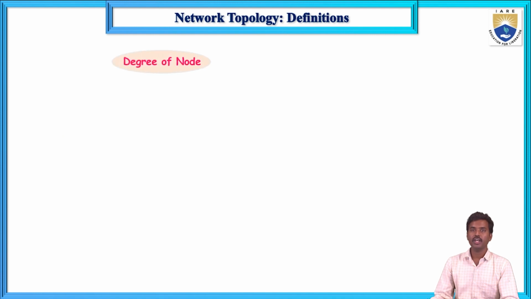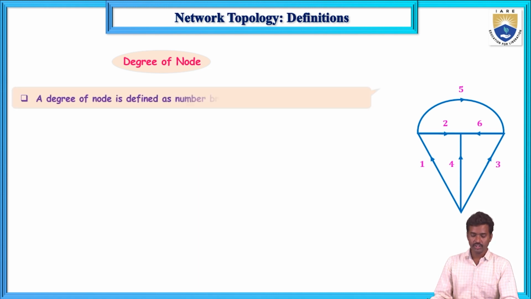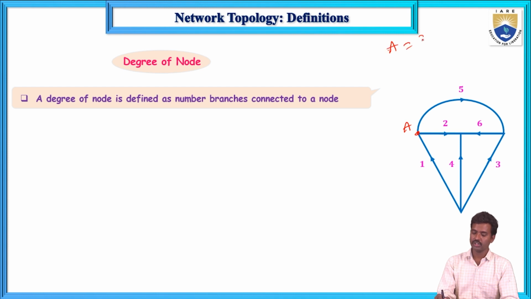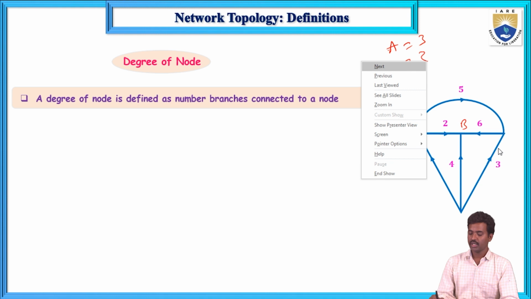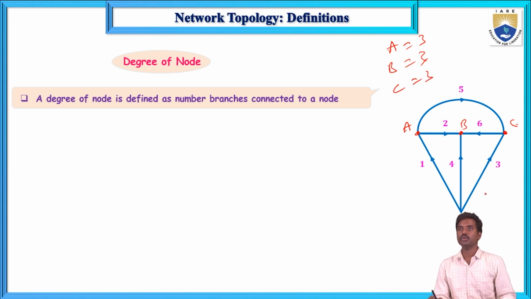Now next, degree of node. The number of elements connected to the node is known as the degree of node. So see the definition first: the number of branches. How many branches at the node? For node A, the degree of node is 3 because 3 elements are connected to this A node, and B node degree of node is 3 because 3 branches are connected to this point, and C node degree of node is 3 branches connected to this node, and this D node degree of node is also